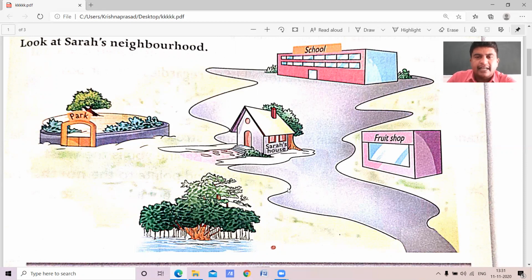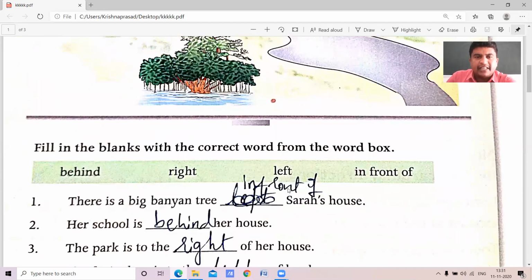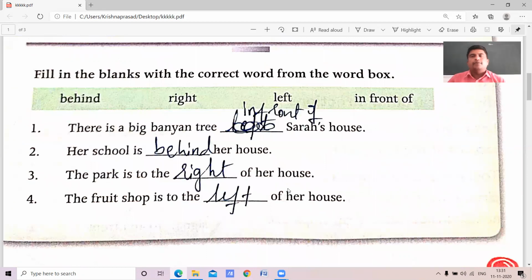Let us learn about this: fill in the blanks with the correct word from the word box. Here are some words given: behind, right, left, in front. Together, what do we call them at the time of teaching a chapter? As I explained, these are called relative directions. Behind, right, left, in front of are relative directions. Now, the first question is,